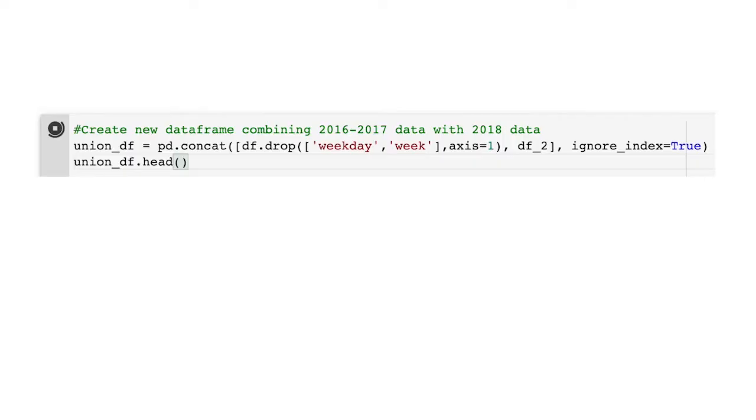To merge 3 years of data together, we need to make sure each data set is formatted the same. The new data sets do not have the extra columns week and weekday that we created earlier. So, to merge them successfully, we need to either remove the new columns or add them to the new data sets. There's an easy way to merge the 3 years of data and remove the extra columns at the same time. Let's call our new data frame